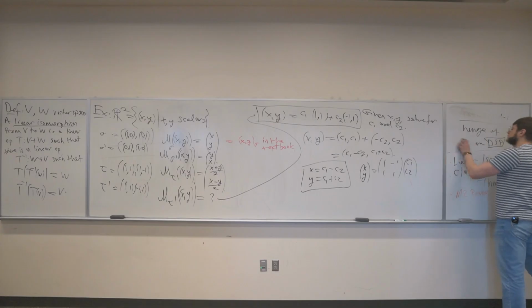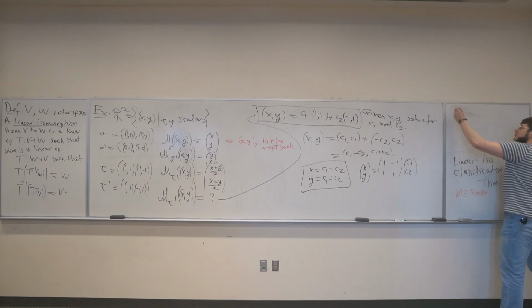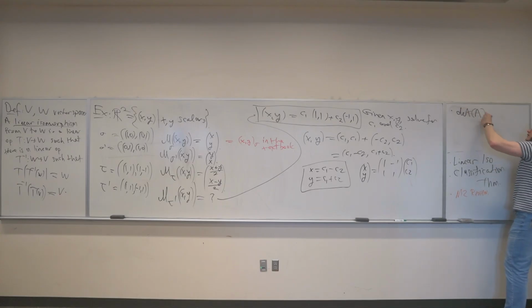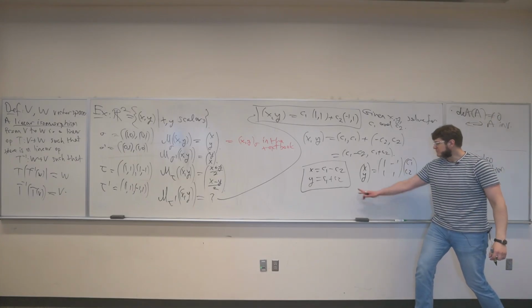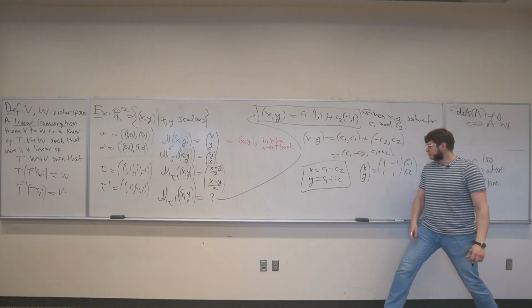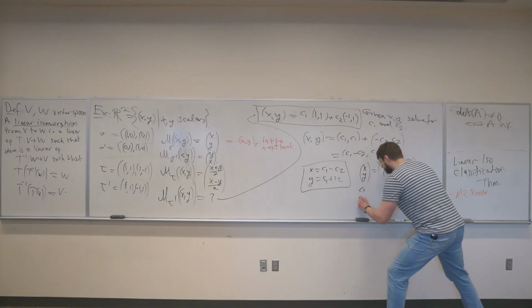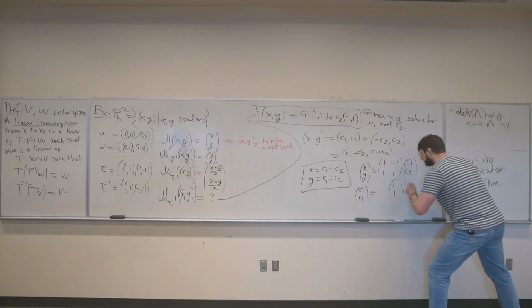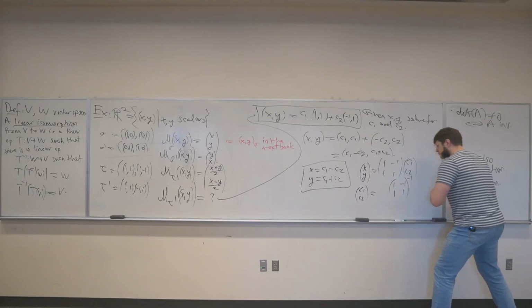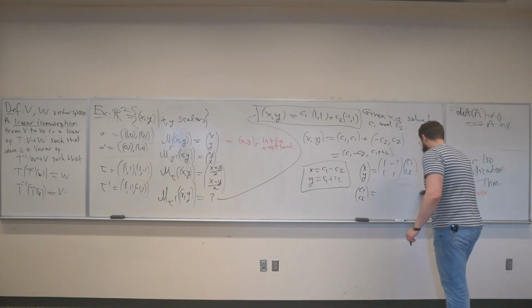Write it here so that we're starting to do the review also. This has an inverse. I can send it to the other side by taking this and left multiplying both sides by the same matrix inverse. So (C1, C2) is (1, minus 1; 1, 1) to the minus 1 times (x, y). You need more space.